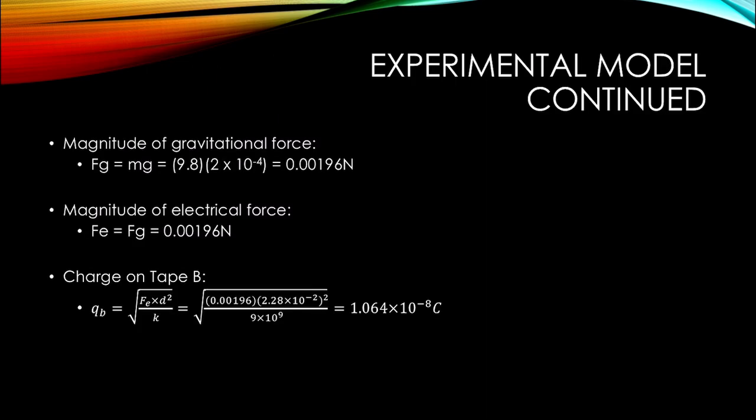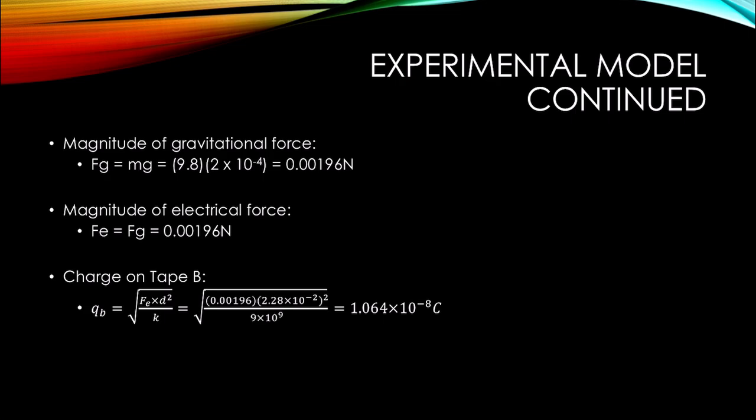Continuing with our experimental model, the magnitude of the force of gravity can be found by multiplying the mass of the object times the gravitational acceleration. In this case, the force of gravity was found to be 0.00196 newtons. The magnitude of the electrical force is equal to the force of gravity, which is also equal to